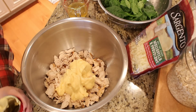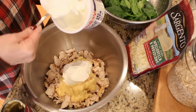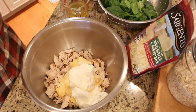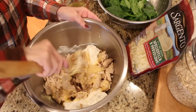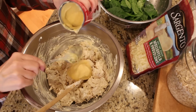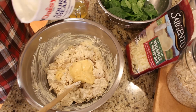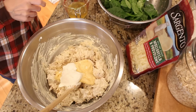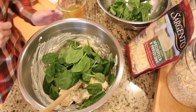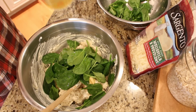So that is 1 can of cream of chicken soup. I'm going to put in a couple heaping tablespoons of the sour cream, and then I'm going to stir that together a little bit and see what we have. I'm going to add about a half of a can more of the cream of chicken soup and a couple more tablespoons of the sour cream. And then I'm going to go ahead and add some of my spinach, along with a little bit of chicken broth to kind of loosen it up a little bit before I add